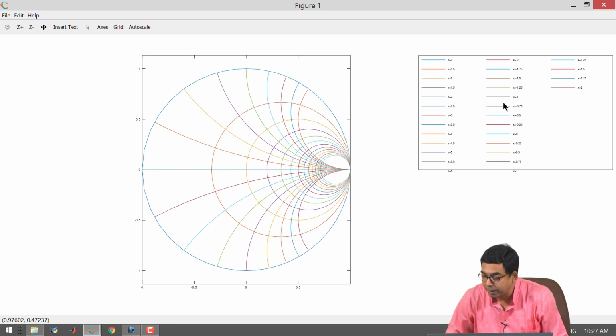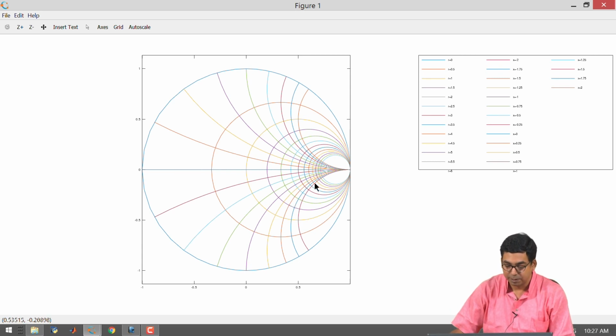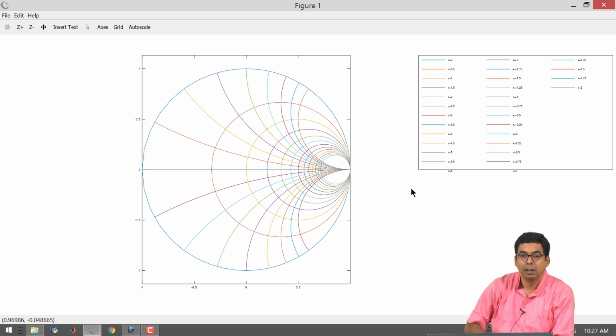So if you look at the legend, that is going to tell you, for example, x equal to minus 2 is this purple plot and x equal to plus 2 is this orange plot. So you can always see where is this purple plot. So x equal to minus 2 is coming here, all right, and x equal to plus 2 is going to the top, right. So it tells you that x equal to plus 2 is creating something here, x equal to minus 2 is creating something here, all right, and this representation is simply known as a Smith chart.